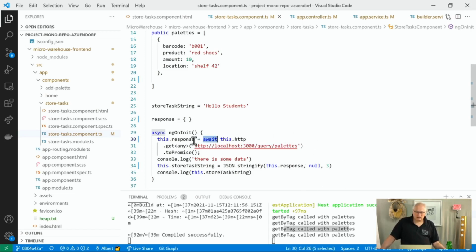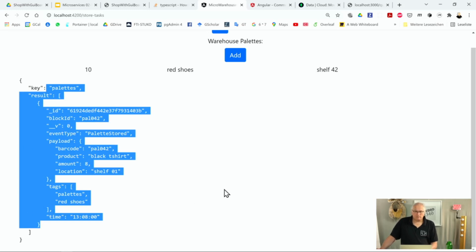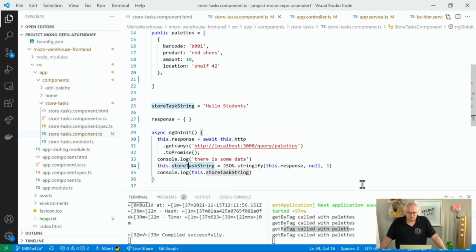And as soon as the result comes back, put the result into this response variable, which is just an object. And then there is some data. And I do a JSON stringify of the response and put this in the store task string. And this is the output we see down here. Cool. And we get rid of that one soon. And then more debug output just because it didn't work for quite a long time when I was preparing this on Saturday, after all. Okay, so we need to do something more,